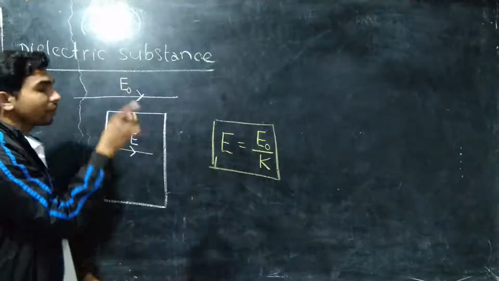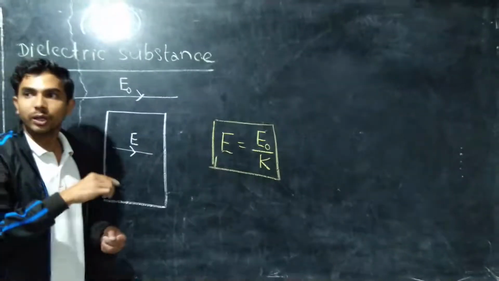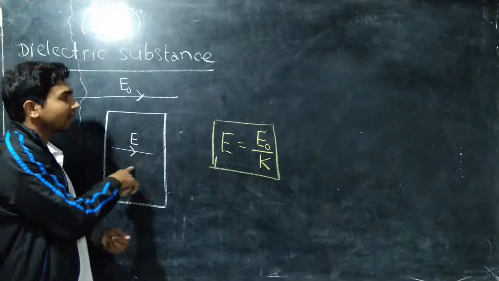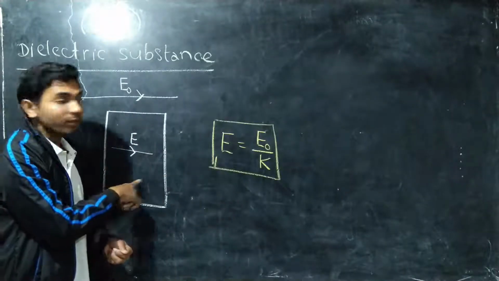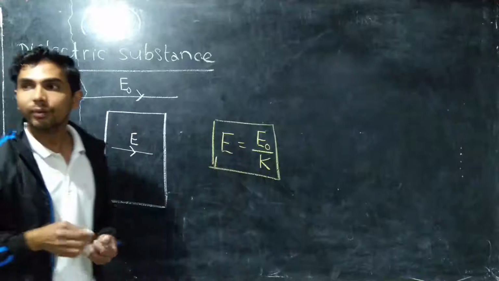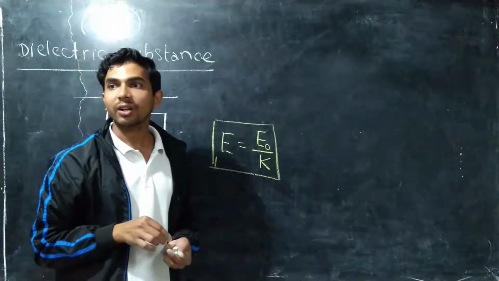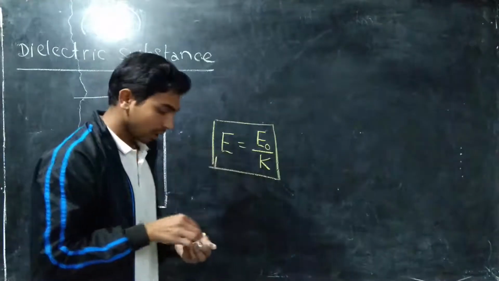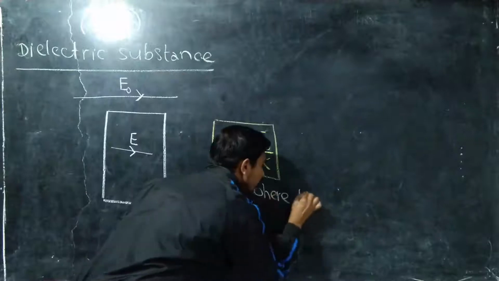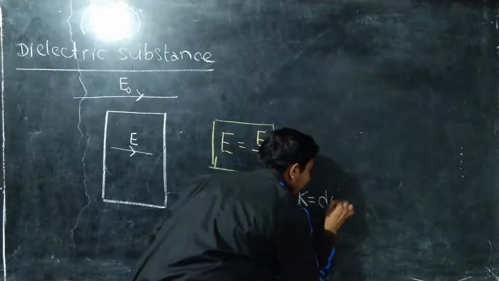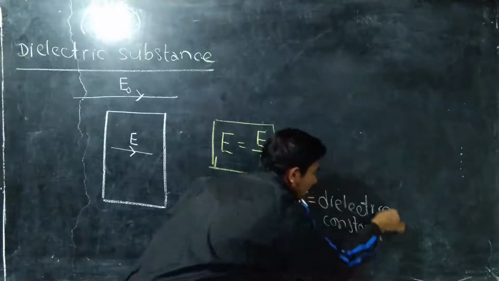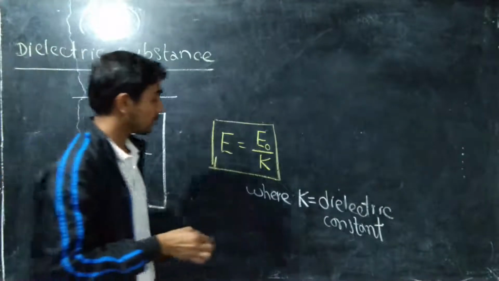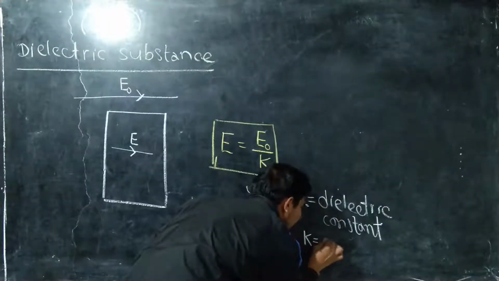See here, in the case of a conductor, as I discussed in chapter 1, the electric field inside a conductor is 0. But here, the electric field inside the dielectric is E naught by K. Then what is K? K is known as the dielectric constant. For different materials, the value of the dielectric constant will be different. So we can write, where K is the dielectric constant, this K is basically the ratio